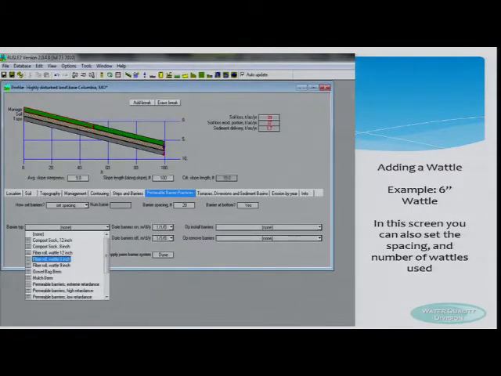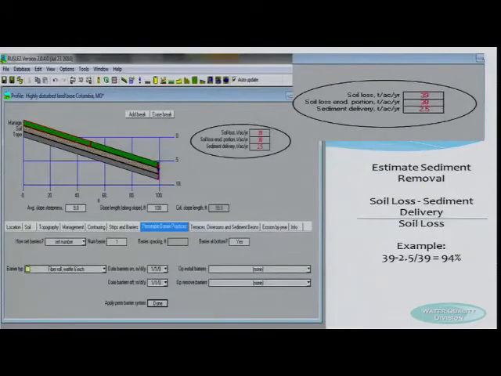So they also have fiber rolls, that's what they call a wattle, compost socks, gravel bags, mulch berms, permeable barriers, a lot of different BMPs that you can implement into there. So then what I went and did here is I just modeled a 50-foot section of